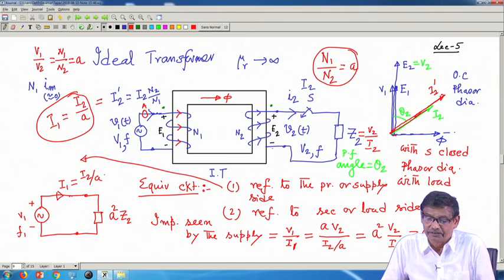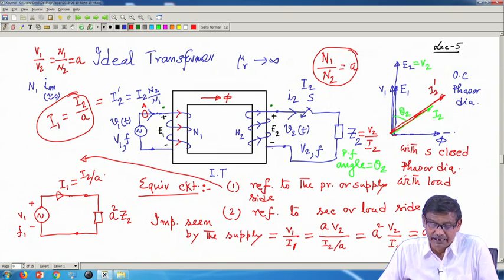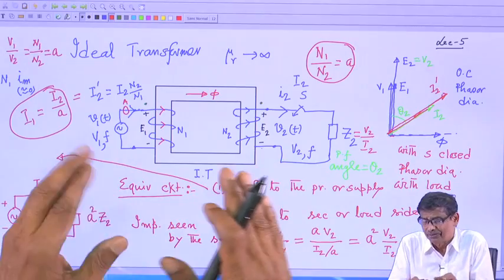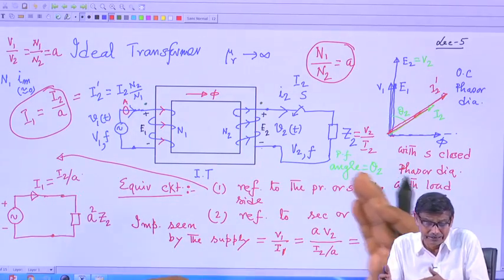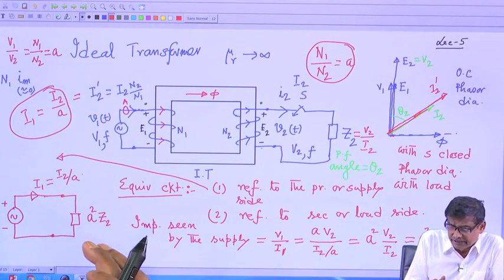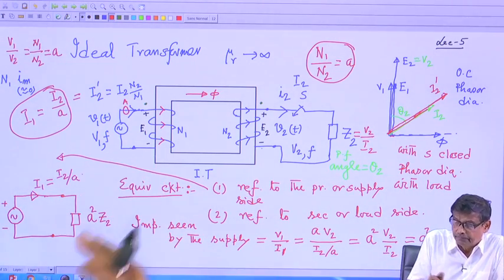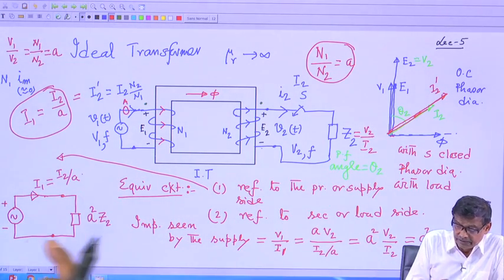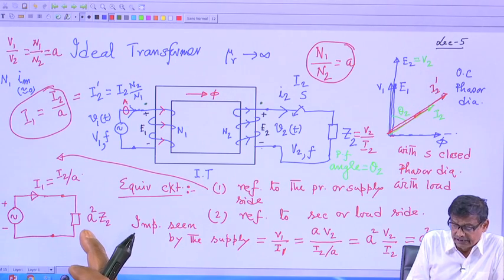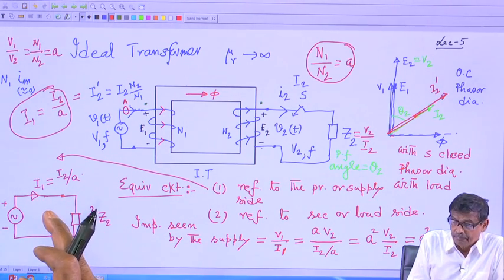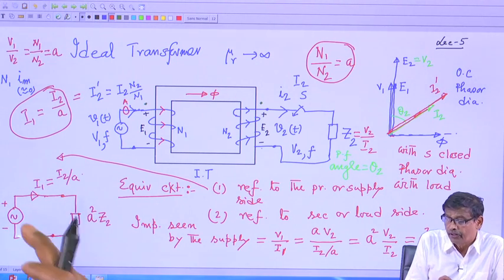So, this is called the equivalent circuit of the ideal transformer. Your actual circuit is this, but to simplify matters, instead of drawing the coupled circuit, to find out the currents in the circuit, you draw the equivalent circuit referred to the source side, the primary side. If you have connected an impedance Z2 here, solve this simple circuit where it is a square Z2, get the current I1, and we have solved the problem.